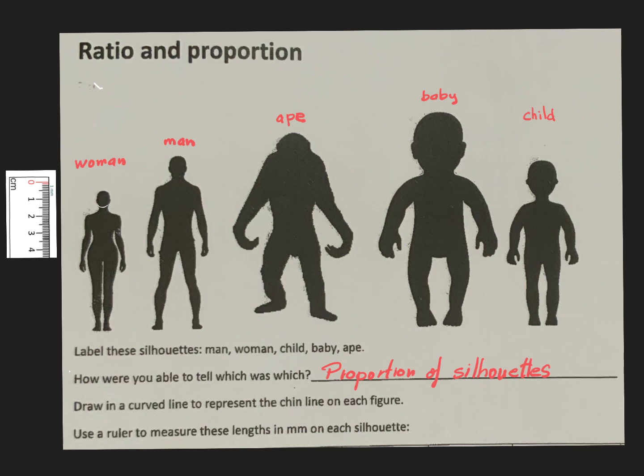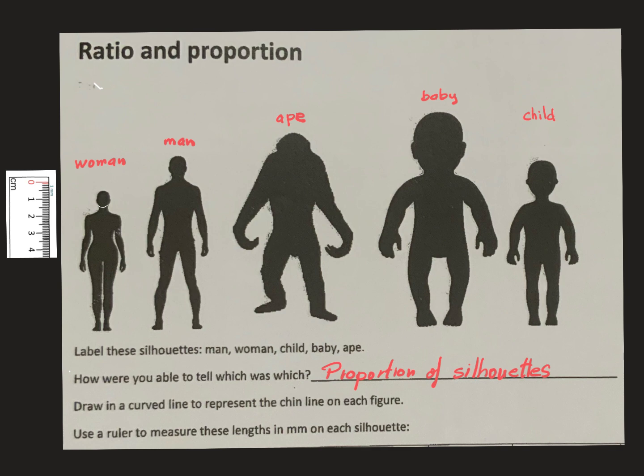Well, this is an exercise in ratio and proportion, and you can see that there are 5 silhouettes over here, and it's easy to label those silhouettes as man, woman, child, baby, and ape because of the proportion of those silhouettes. It's easy to see, for instance, a baby's head is almost a third of its body, and a normal woman and a man's